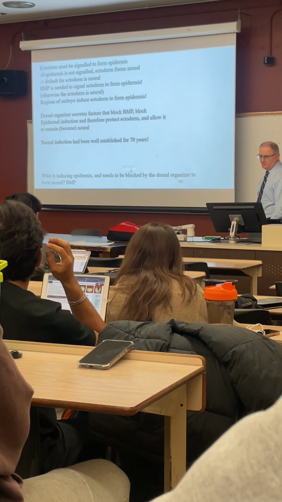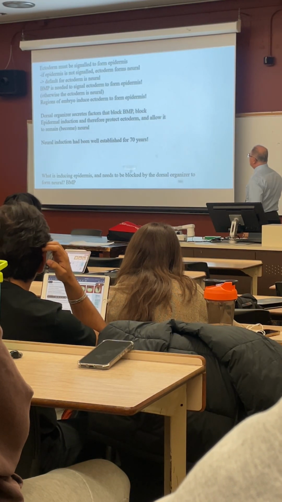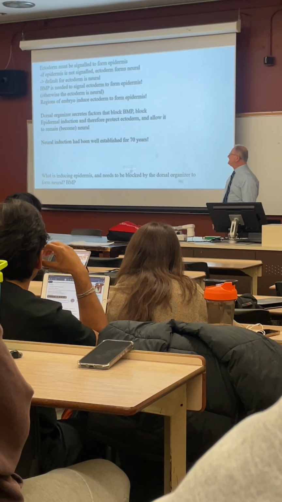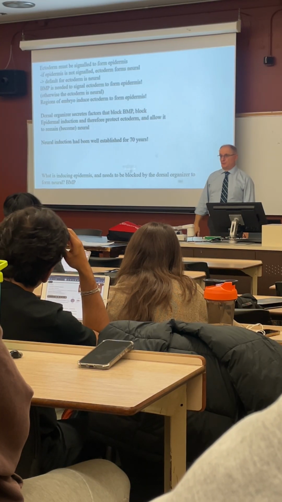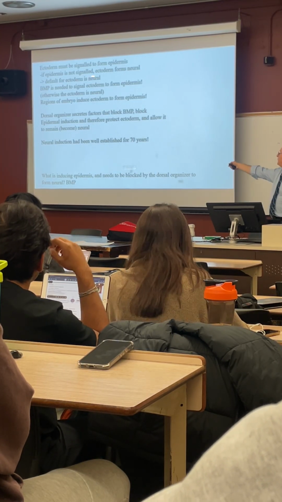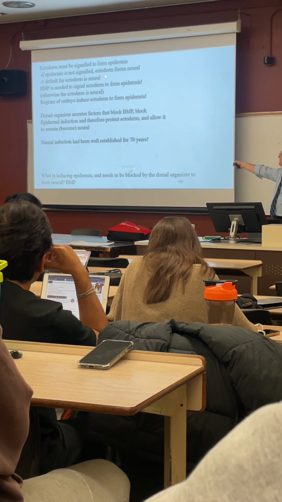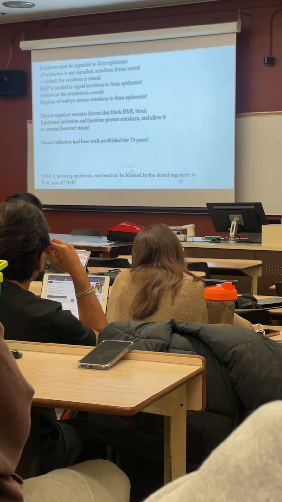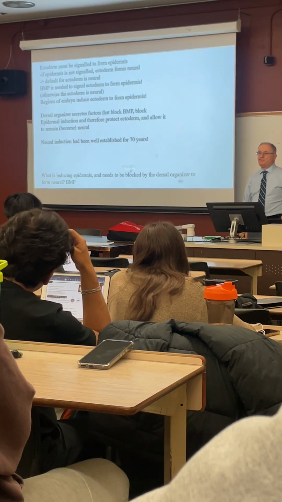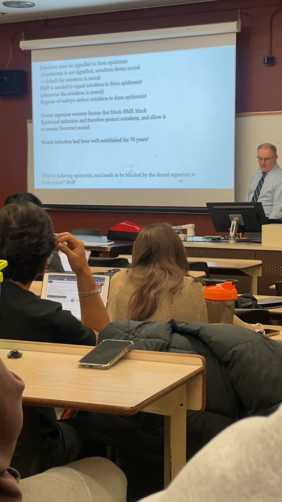Okay, so what's happening here? Ectoderm actually needs to be signaled to form epidermis, right? If it is not signaled, ectoderm forms neural. So the default for ectoderm is neural. So back to this little experiment